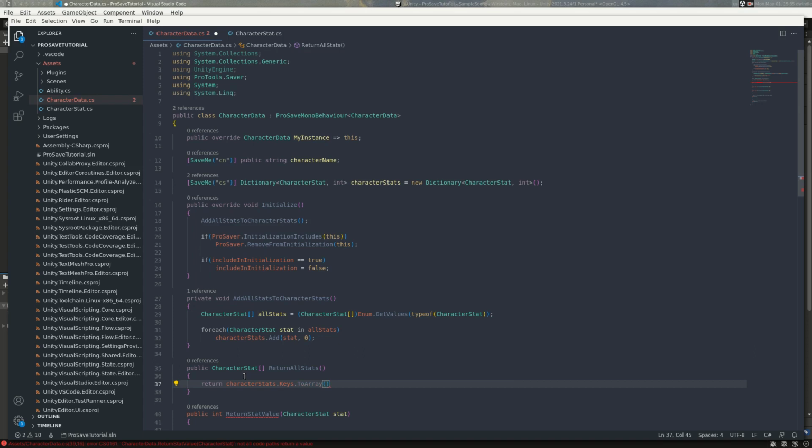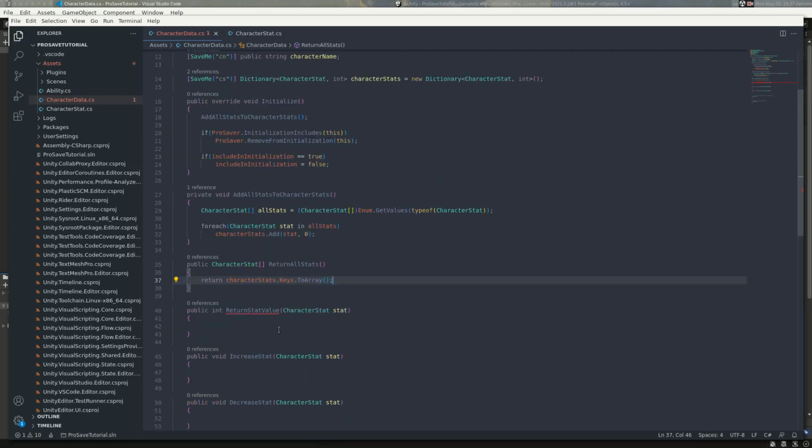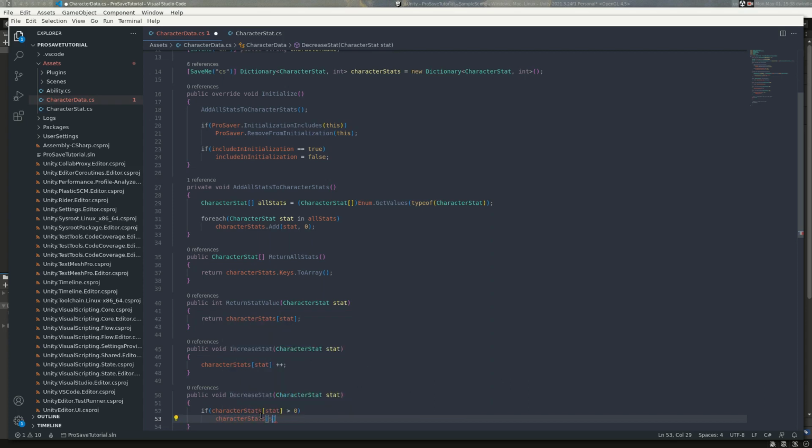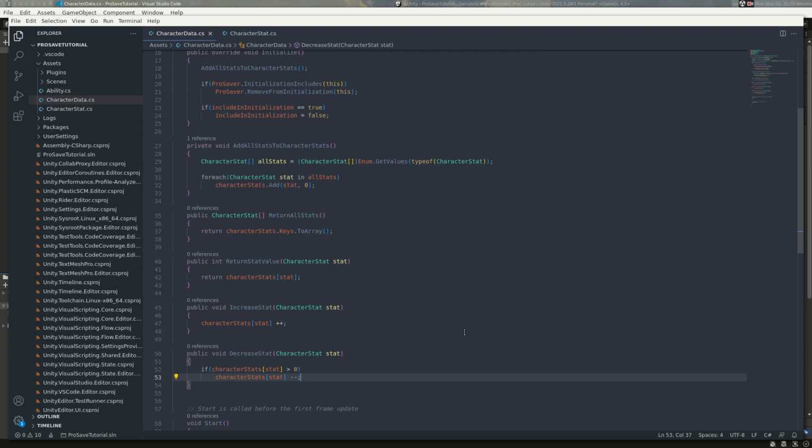In the returnStatValue method, add the following code: return characterStats[stat]. In the increaseStat method, add the following code: characterStats[stat]++. In the decreaseStat method, add the following code: if characterStats[stat] > 0, next line, characterStats[stat]--. Great! Now we can return all the stats in the game, return a specific stat's value,